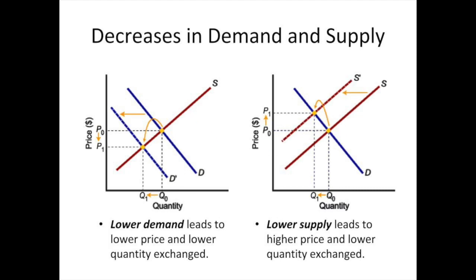Continuing with a decrease in demand, looking at the graph on the left, the company keeps making the same amount of a product, but the demand for that product is decreasing. Let's use fidget spinners as an example. Studies prove that fidget spinners actually are nothing more than a distraction, and it does not meet the expectations people had. As a result, the demand for that product is going to drop. The problem is that the suppliers have already made a certain amount. As a result, the suppliers are then going to have to drop the price and try to move some of their product, essentially holding a sale because the product that they were making clearly has no more demand in the market.